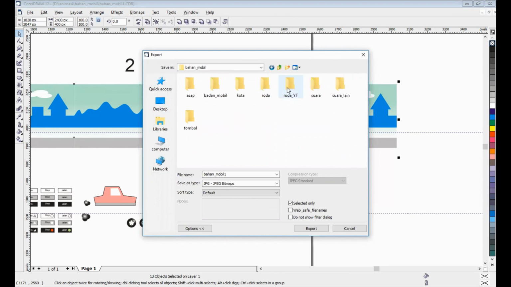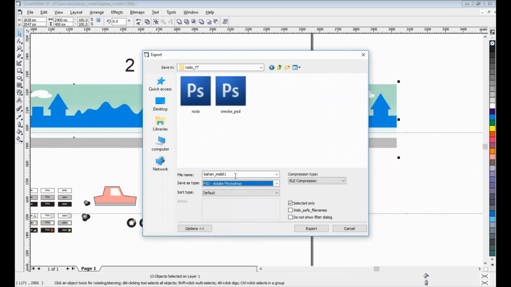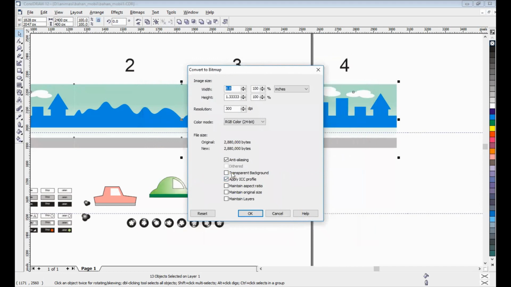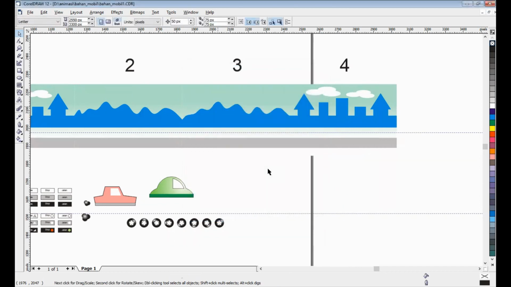Okay, back to P, selection only, export. Sorry, it runs in the background because the image is full of objects. Okay, we are ready with the asset for back of city.